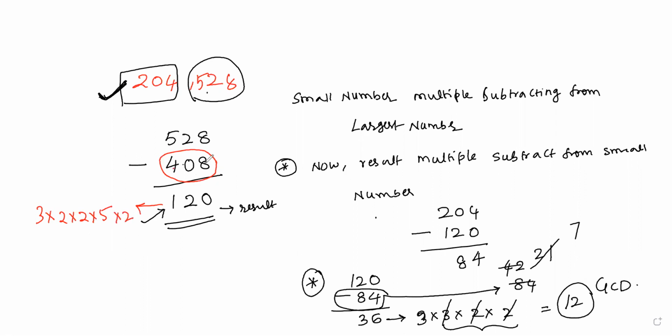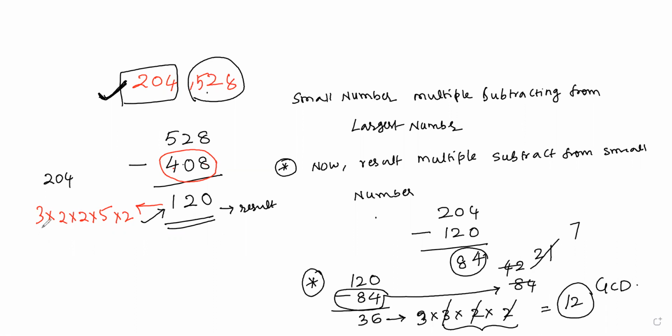In this case, 408 I am not taking. I will take 204. In this case also, 84 I am taking because actually it is 84. That is the reason I am taking. Suppose in case I am subtracting a multiple of 84, then I will not take 84, only 84 itself. In this case also, 408 I am not taking. I am taking 408 when you are multiplying 204 by this one.